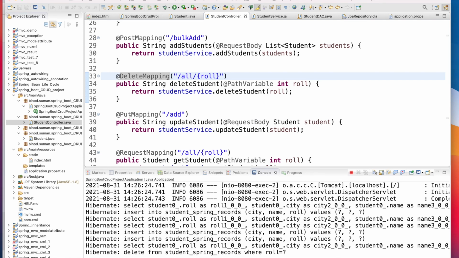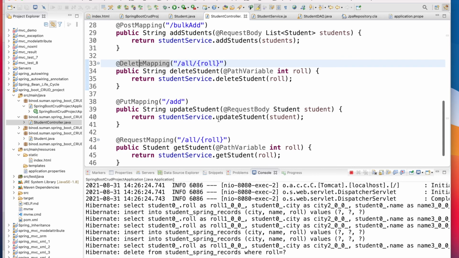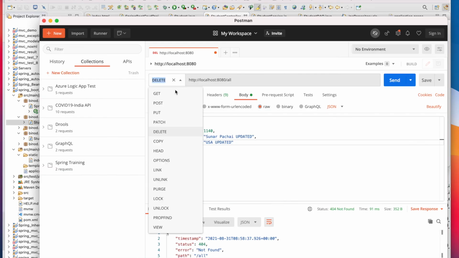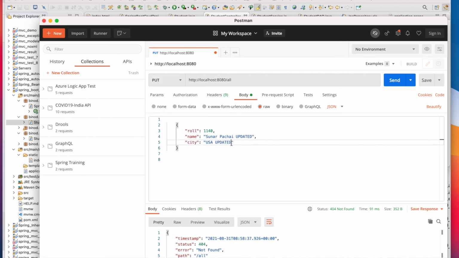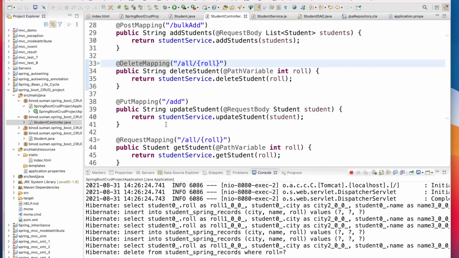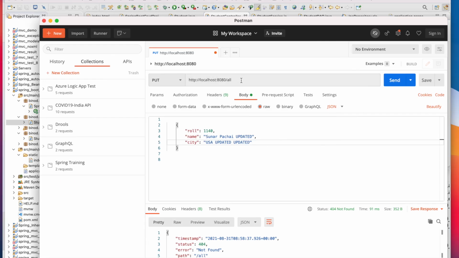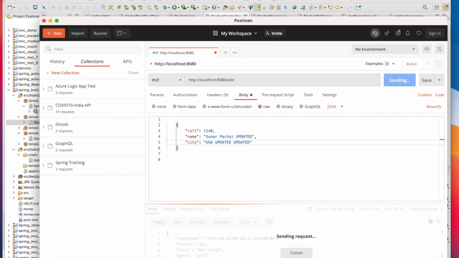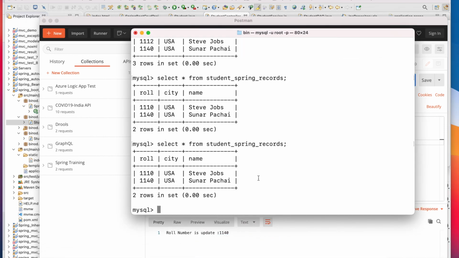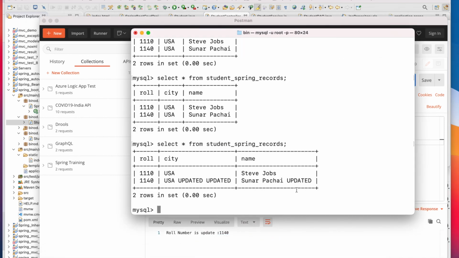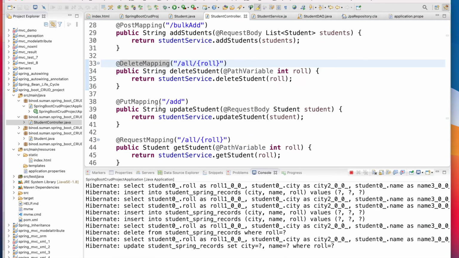Sorry, so we have to go and put and make one more update and check whether it works or not. For the put we have the add, so I should give the same name throughout. Updated. Now you go and check it. This is updated, right? So we checked everything is updated.